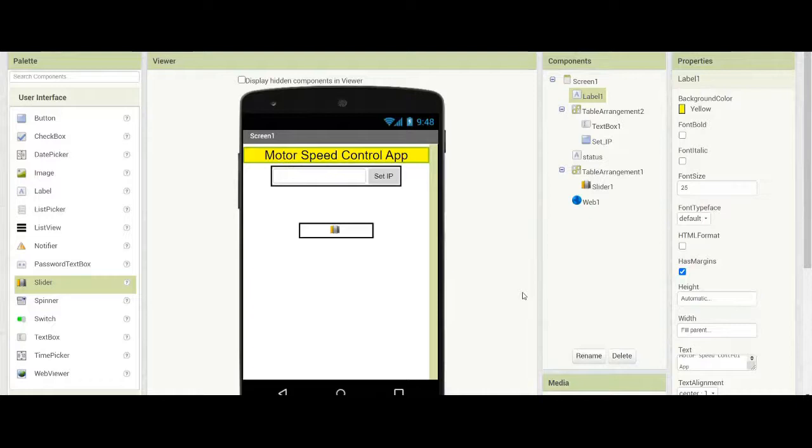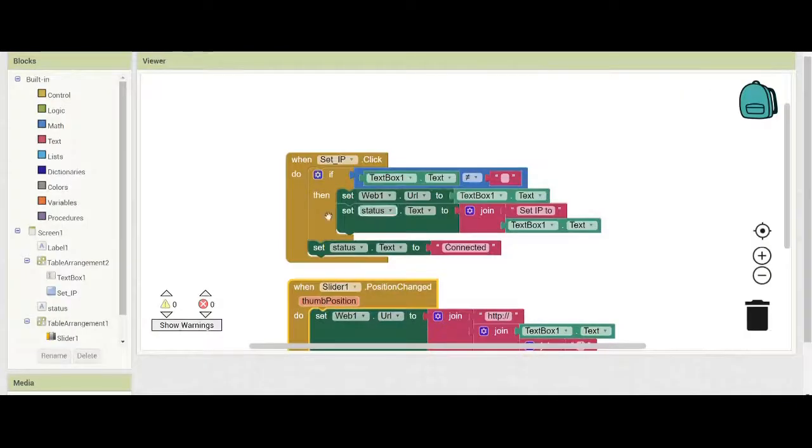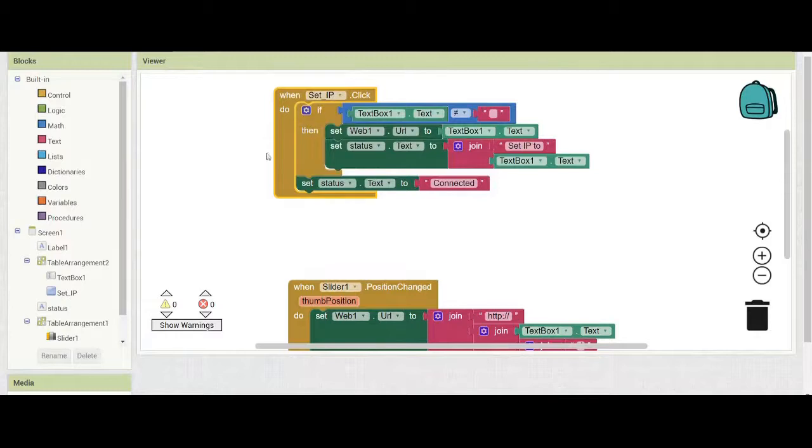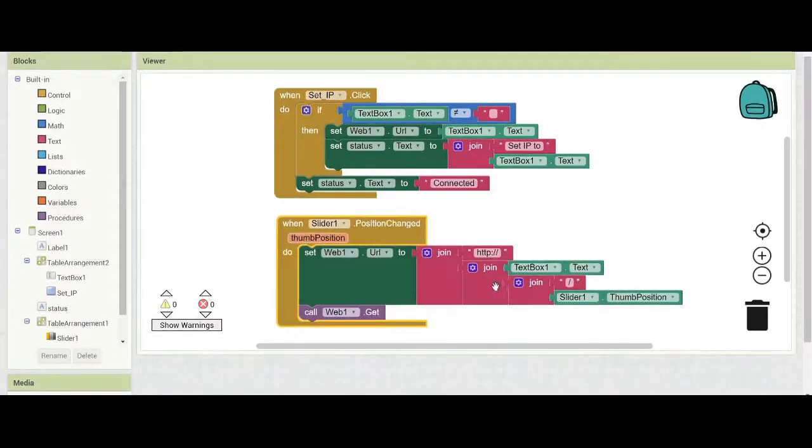So this is the basic architecture, and once again I will show you this block. The IP portion remains the same, the setting IP portion. The only thing that changes is the web URL and the thumb position which we are adding. So here we are not adding any fixed text, because in a button we have only two cases, on and off, but in this we have a range of cases, so we cannot join each and every case from 0 to 1000, or you can say 10 to 1000. So we just simply add the slider thumb position. Whatever the position of the thumb would be, like 30, 40, 50, that particular value would be passed over here. So I hope that this is clear to you all.